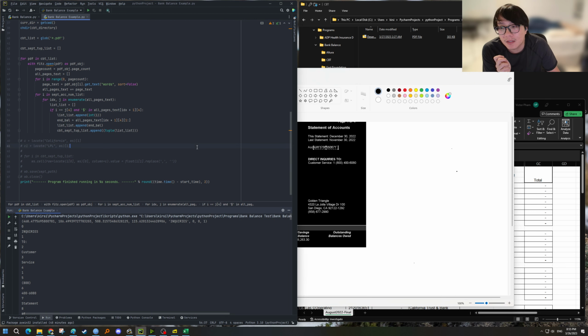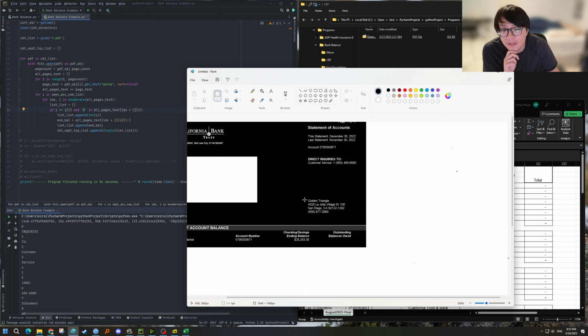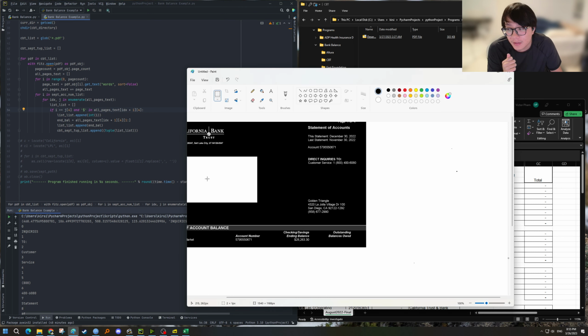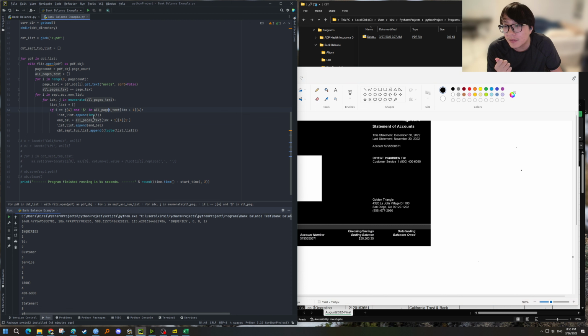And since this $ sign is a unique condition just for this PDF, because this is where the first instance of a $ sign appears, we can find where this is, right? So therefore, when this condition is true, okay,